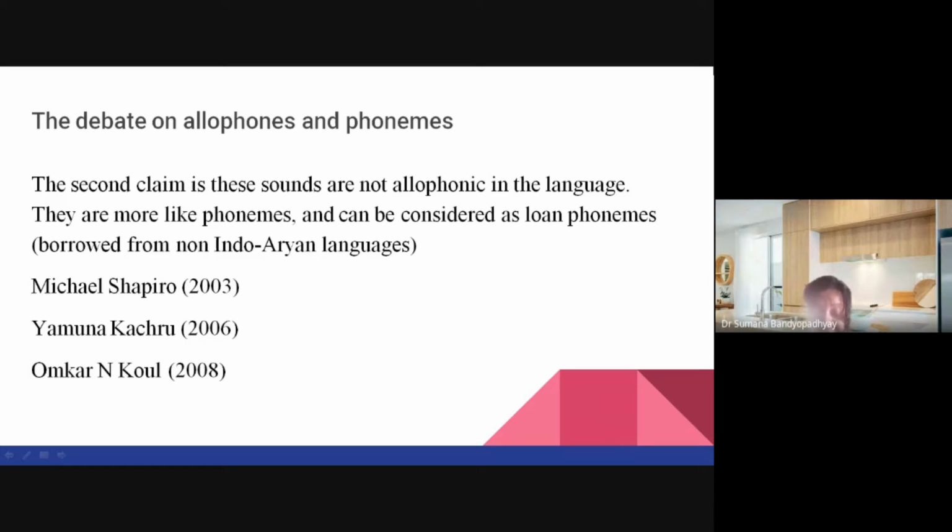Now, these diacritics indicating the loan phonemes are not always consistent, and so there are no fixed norms to represent the graphemes for these borrowed phonemes. Or I can say phonetic symbols. There are no fixed norms. I'm sorry, I shouldn't use the term graphemes. I should say phonetic symbols. The total number of consonant phonemes would be 40 with the loan sounds.